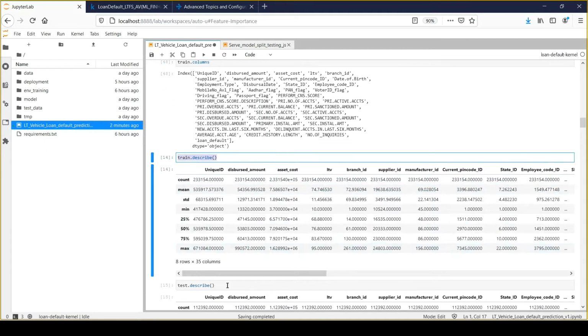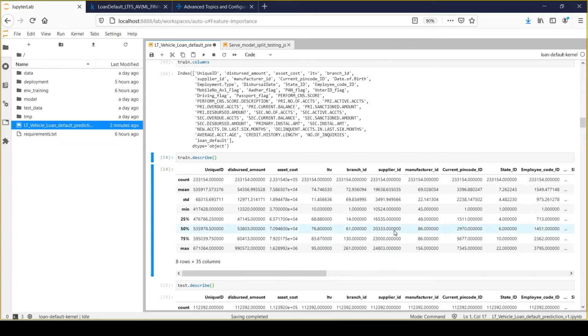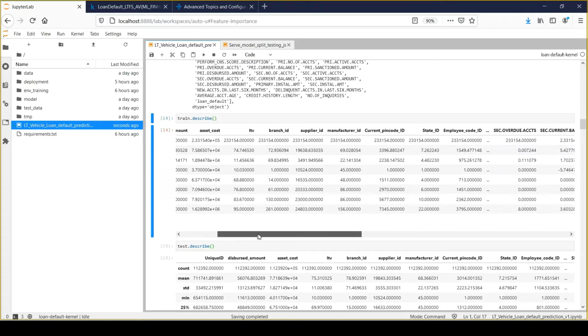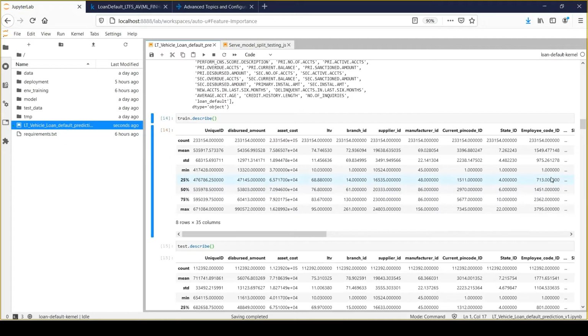And now we are simply describing the content of the data. We are just exploring the statistical properties of my data. That's a quick way of identifying whether my data has any outliers or not, because that would be a very handy way of performing a quick data analysis. Right. So here you can see that it has a good amount of details, and just look for those details and try to find out whether we have any obvious observation with respect to outliers, or whether we have any deviation in terms of the mean value, right?